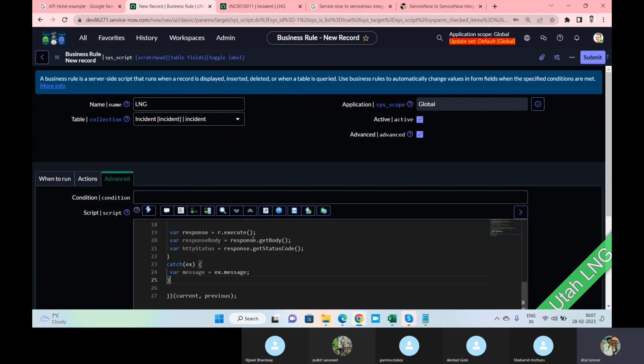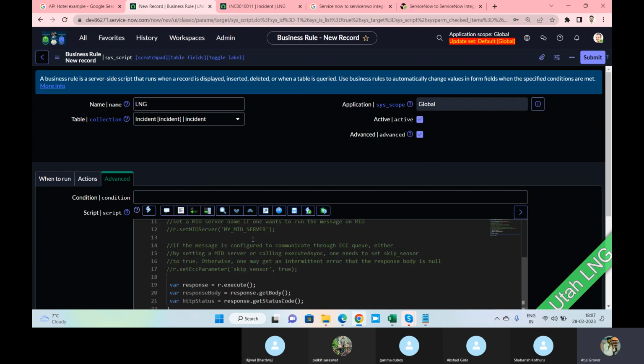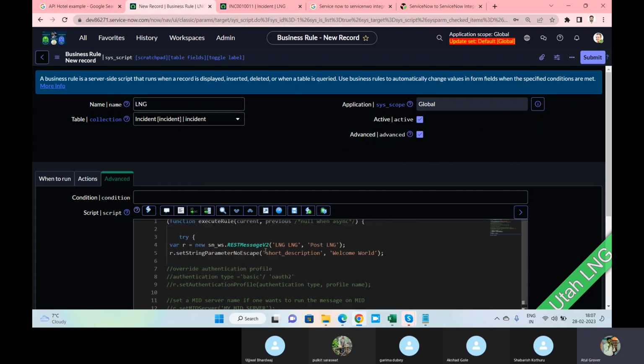Half the work has been done. Only one thing needs to be changed, because if you notice here I am sending the hardcoded value. Instead of this, I want a value at runtime. This is the only thing which I need. And to do that, what do I have to do?